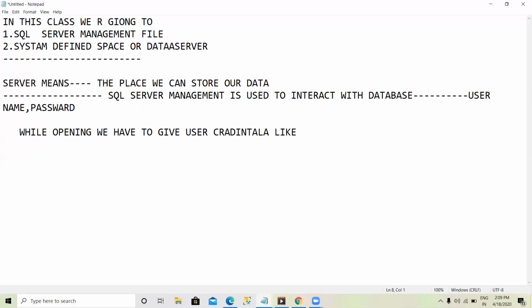Let us discuss the data server. It is a software which is used to store our data. What is a data server?